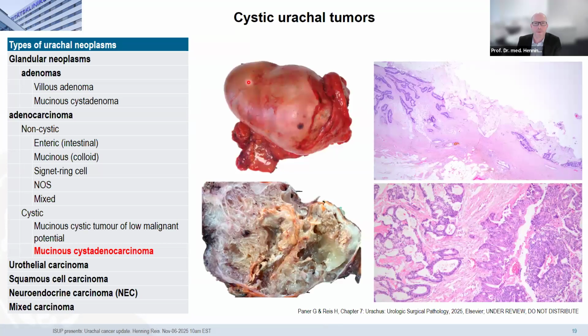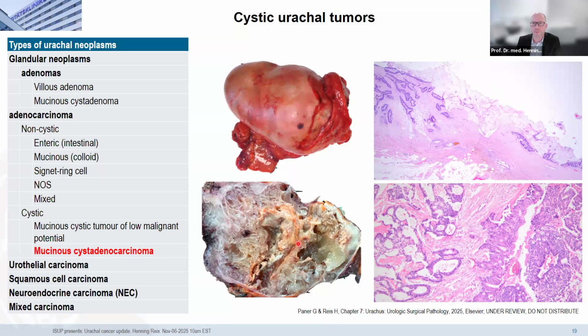So these are images. As you see, it's a cystic tumor. It is more multiloculated. It has these mucinous extracellular masses, and these calcifications are also kind of specific, but they can also be found in the non-cystic variant of mucinous urachal adenocarcinoma. In some of the radiological papers, it's said to be pathognomonic, but actually, we see it also in other mucinous tumors, maybe of the colorectum, where these calcifications can also develop.